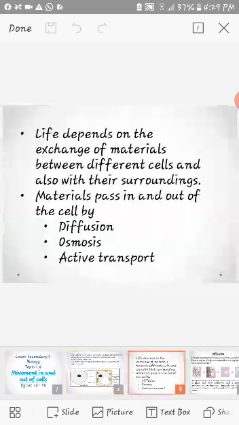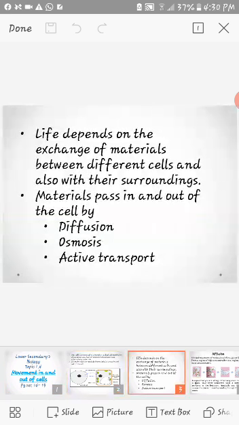Life actually depends on the exchange of materials between the cells. If I take the example of a plant, the plant absorbs water by its root cells, right? Inside the water the nutrients are present, so it absorbs those by using the root cells. In the root cells as well, the cell membrane is present that helps in the absorption. So basically the cell membrane is the main organ that helps in taking the materials inside the cell. It has a mechanism that absorbs the materials inside the cell.